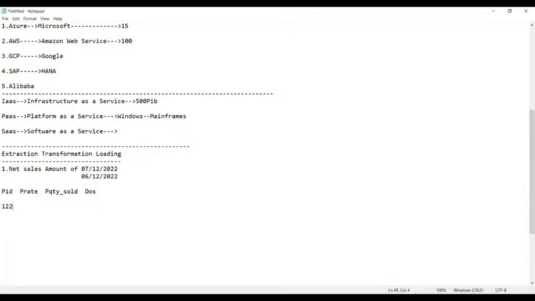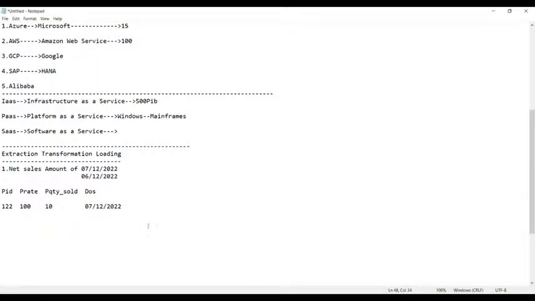Let us see what other things you have. Product ID is something like 122, product rate is 100 rupees, product quantity sold is 10, and the date of sale is 07/12/2022. This is the first line.